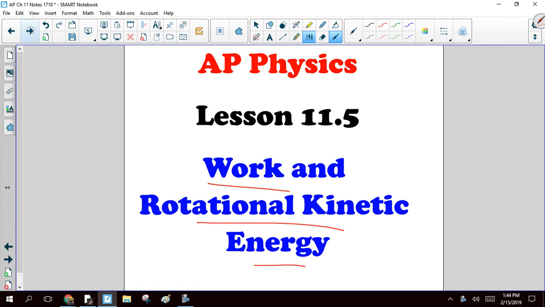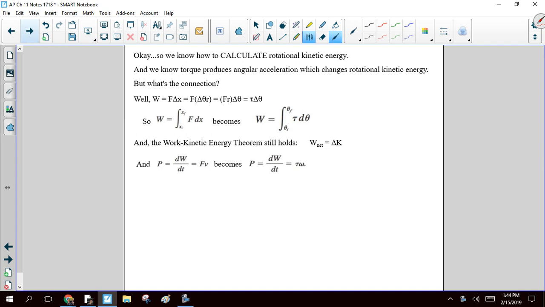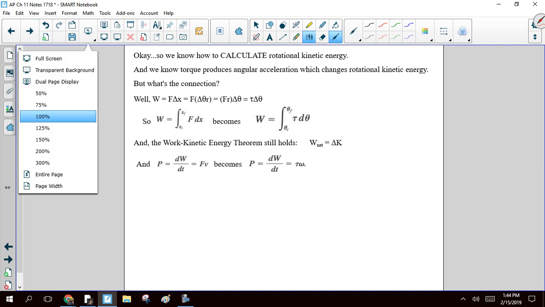So before we do anything, a couple quick things. In the last couple videos, we learned how to calculate rotational kinetic energy, and we know that torque produces angular acceleration, which is going to change the rotational kinetic energy. But what's the connection? Well, it's basically the same as the connection between force changing kinetic energy and the work done by that force. So when we talked about just linear values,